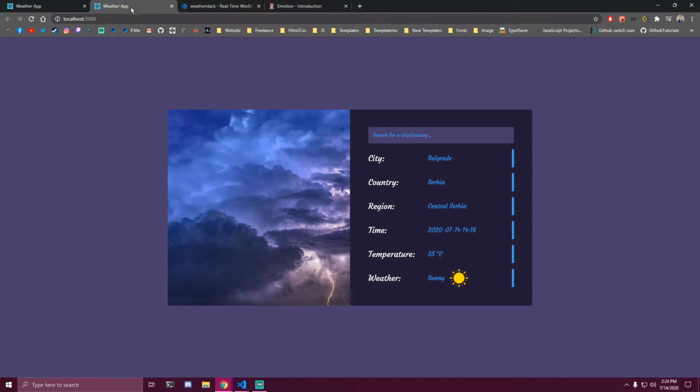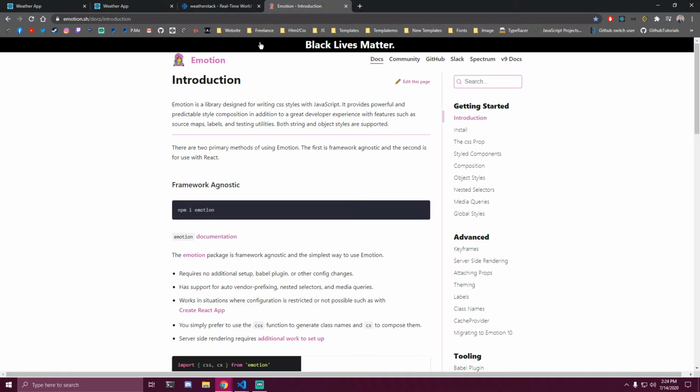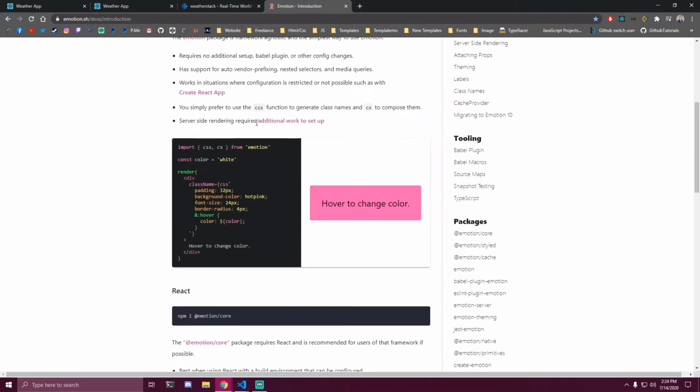So this is the thing we're going to be building, and the thing I'm going to be using for this is Emotion for styles. Link is going to be in the description if you guys want to follow along. And that's all we're going to be needing to install. And the other thing is